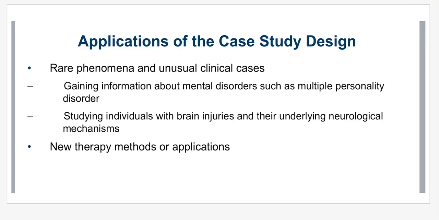And then another way is studying individuals with brain injuries. Obviously, we can't go around injuring people's brains to study them, but when people have already had brain injuries occur, we can study them individually to learn more about how the brain works, about those underlying neurological mechanisms. And of course, the example that they give in your book is